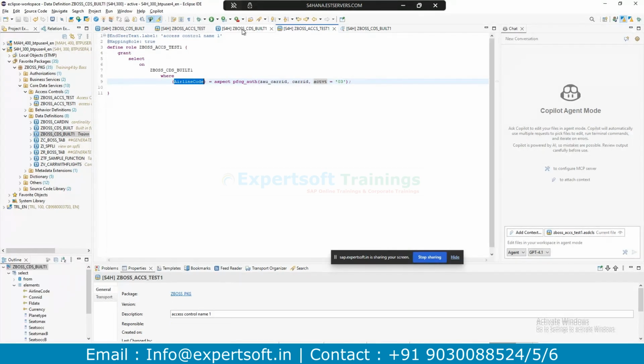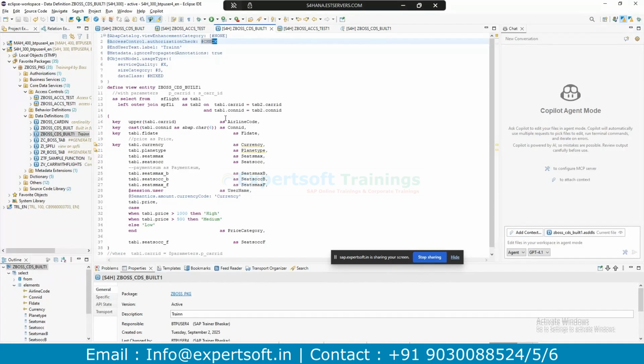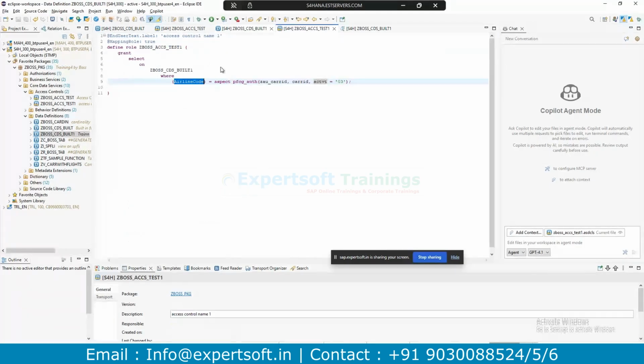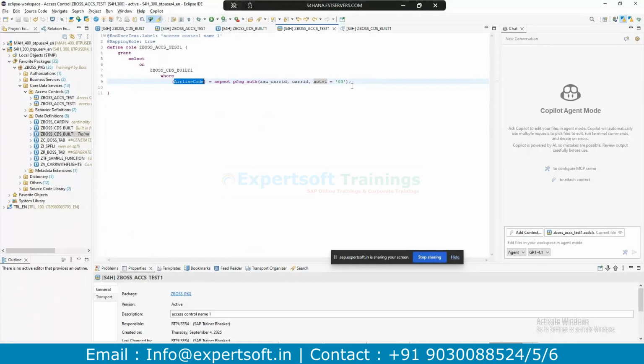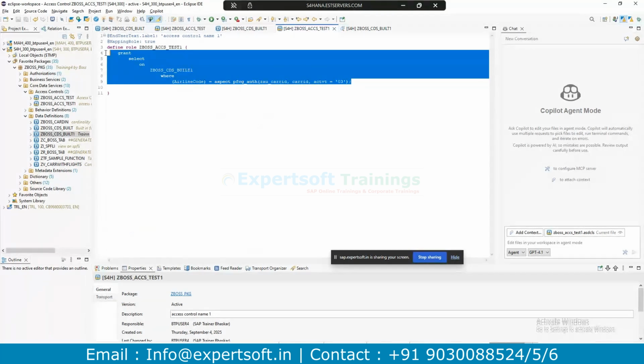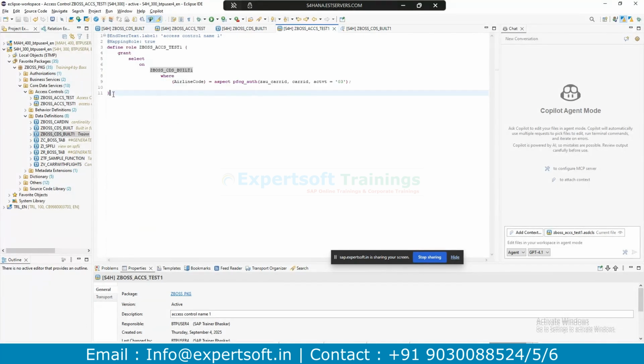Why? Because CHAR ID is defined with airline code as an alias name. That's the reason: wherever the CDS view is being used, you have to use the alias name, not the table field names. Clear? Yes. This is just a small syntax you have to use.